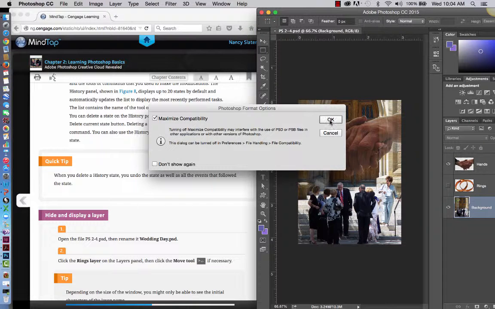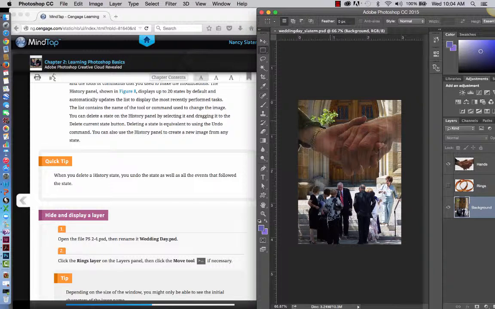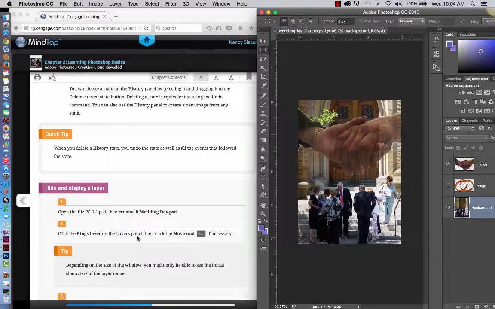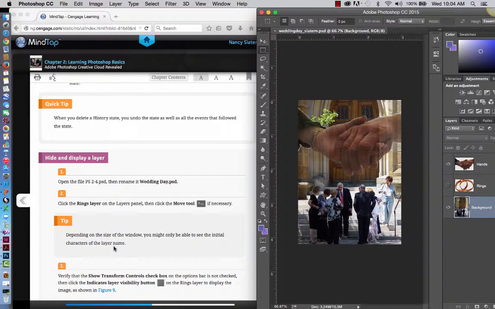Okay, so this is wedding day, and we are going to click the rings layer on the layers panel. And you'll see here's the layers panel. Mine's kind of tucked over on the right hand side. And we want to select the rings layer, and then we are supposed to get the move tool,